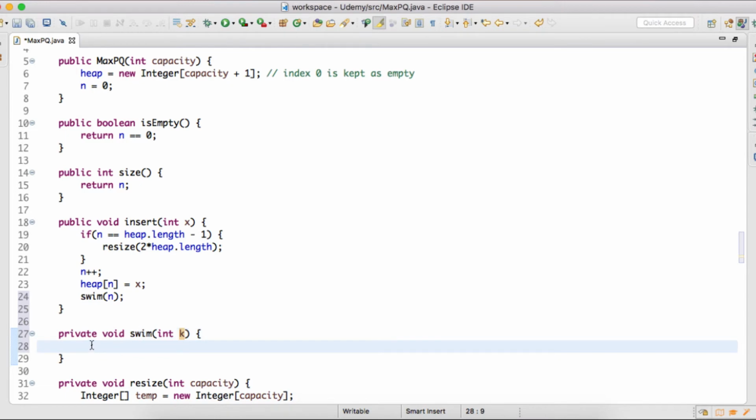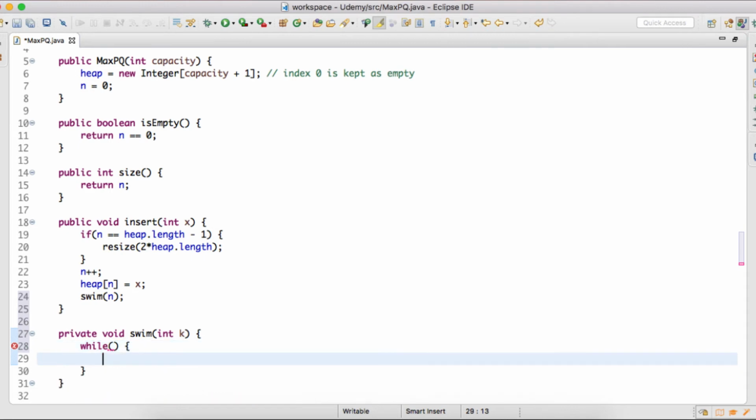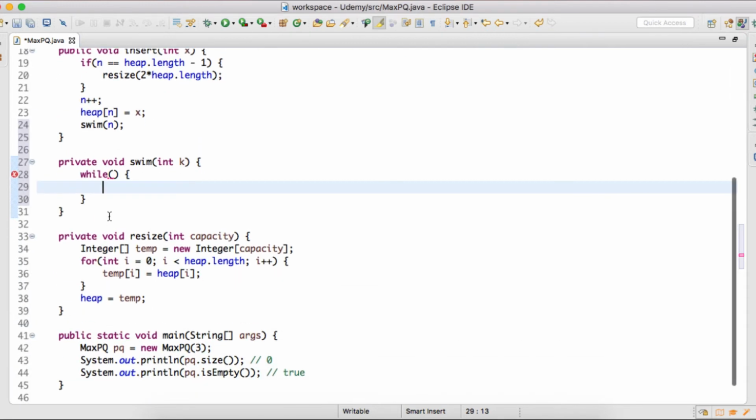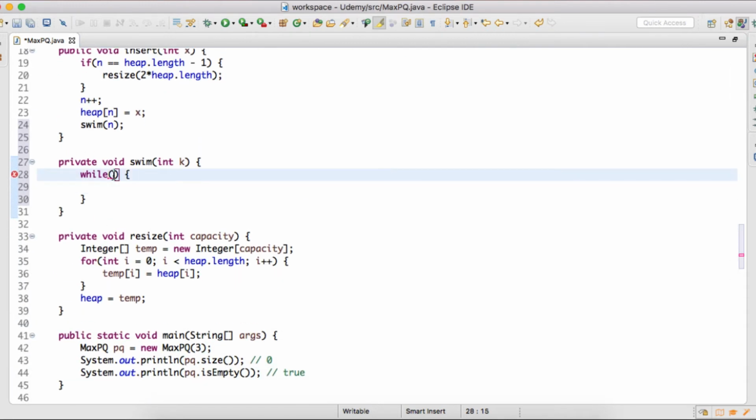Inside this swim method, we'll provide a while loop, because in this while loop we'll compare this newly inserted value to its parent and check whether the parent is less than this newly inserted value or not.